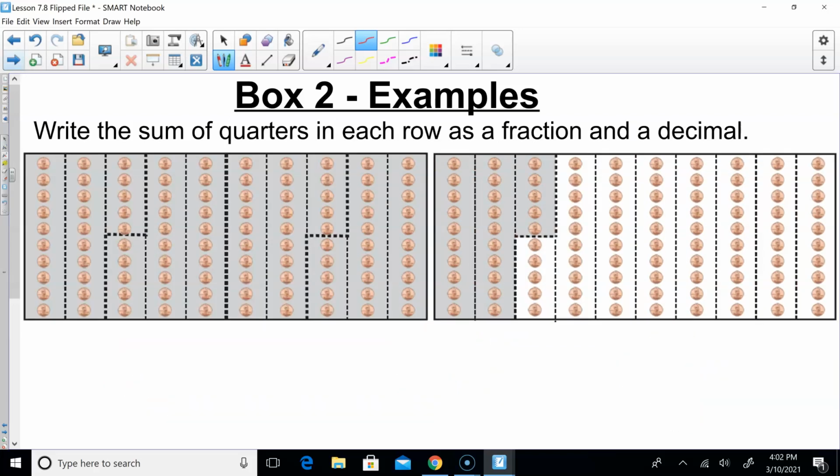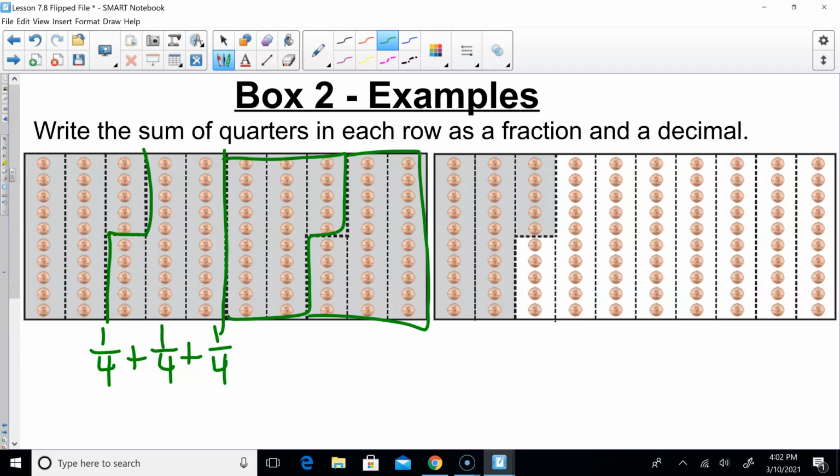Now we've always been in things that are under a dollar. Now we're going to write these if they were over a dollar. So we want to write the sum of quarters in each row as a fraction and a decimal. So we'll start right here. We have 1/4. That goes from right here. Plus another quarter, which would be right there. Plus another quarter, which would be right there. That makes 3. Another quarter makes 4. And we're still going on. Plus another quarter right over here, which would make, if we add those all up, 5 quarters,